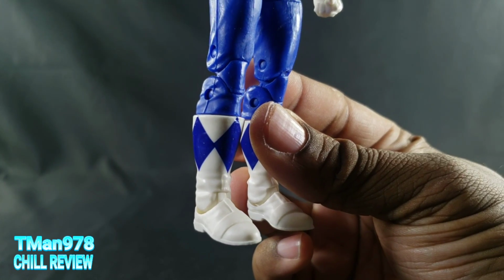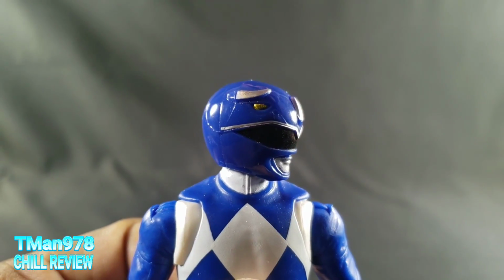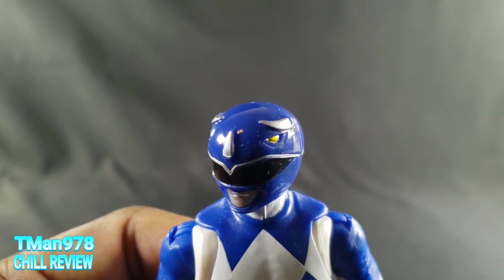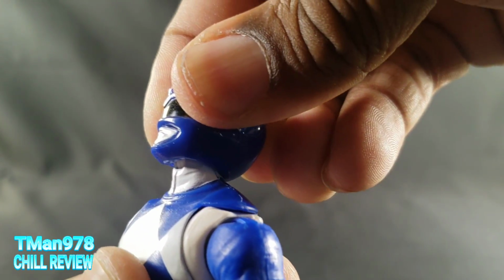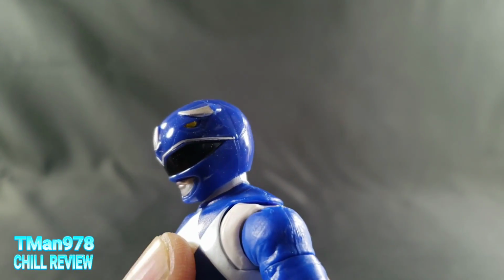They even put wrinkles in the shoes and everything like that. Here's the helmet head up close. All the paint that it should have. If it needs more, I don't know. But yeah, articulation: he can look up a little bit and look down, which may be show accurate because